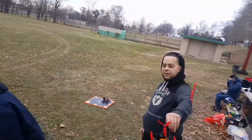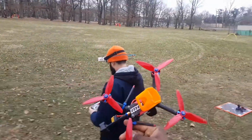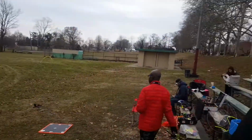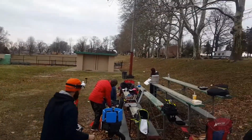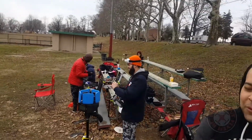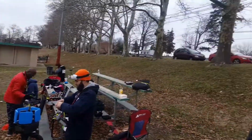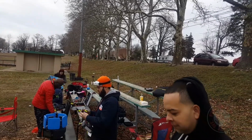All right, yeah. Look at this build. Nice. What's this? A Ghost? Yo, you know who this is? RC Addict's frame, right? Yeah. Yo, I was about to get one of these. We got it too. That's where I got the 55 on it. I was about to get one, yo. We build them together, like the same weed and everything. Okay. Yeah, I'm about to get one because I got that Fire Dancer joint with the